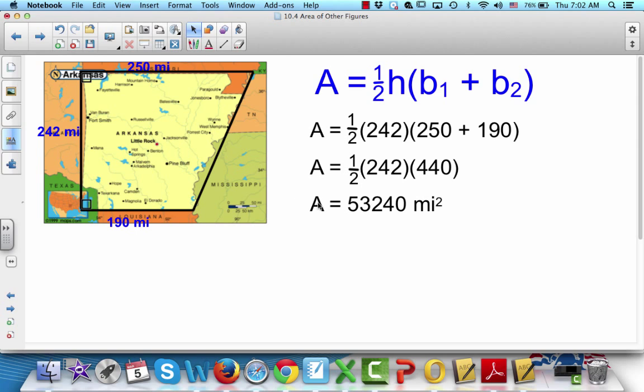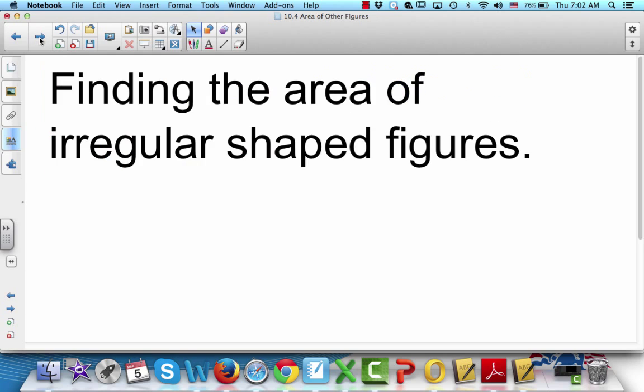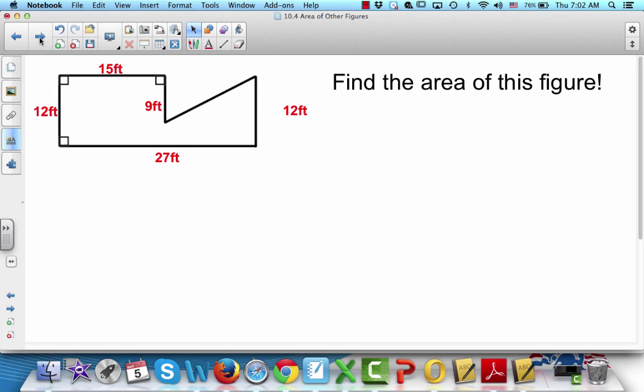Now the fun part, okay, I think it's the fun part, finding the area of irregular shaped figures. Ooh, yes! Find the area of this figure. Now look at this. What do you see when you look at this shape, okay? There's different ways to be able to figure this out. Let's look at the first way. One way that you can look at this is as a rectangle. See? Side, side, side, and then